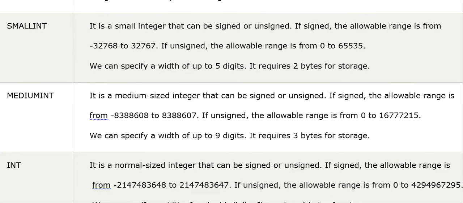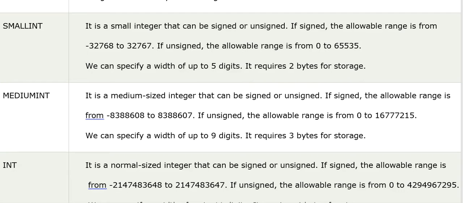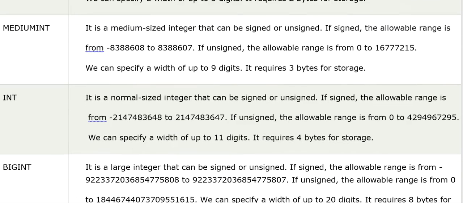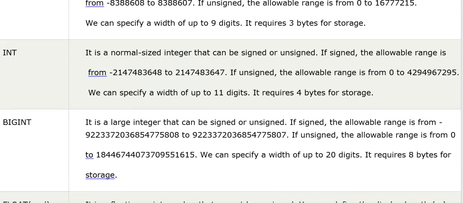And if we talk about unsigned values, the allowable range is from 0 to 4294967295. This is the range used for the integer value. So this much value you can store.